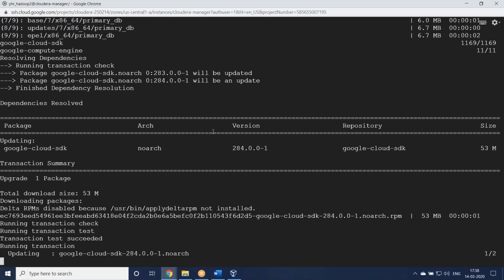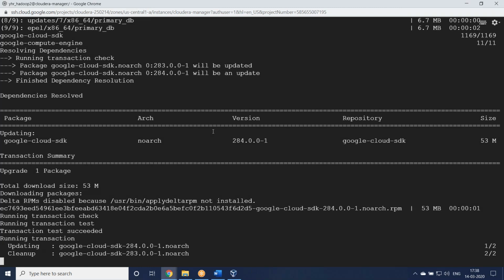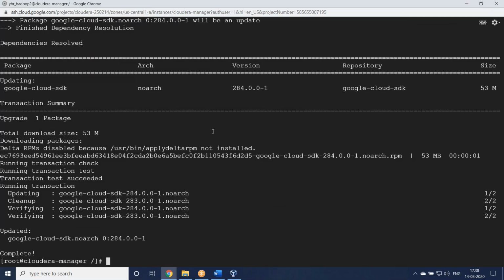It's still loading. It will take some time. Okay, so first server it is done.